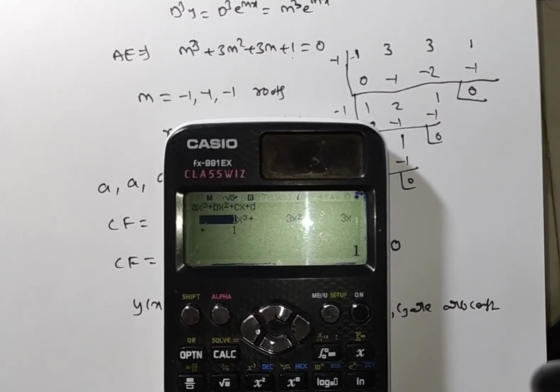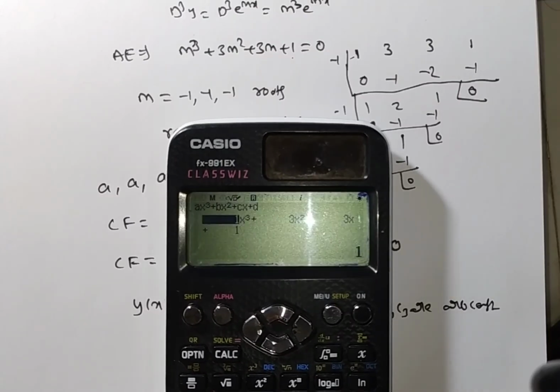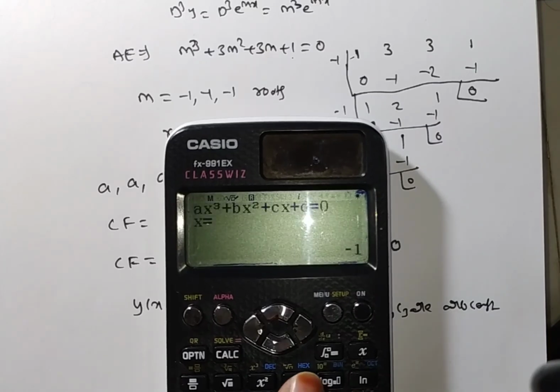You are not getting anything. This one is showing only the coefficient of x. Actually, how many roots does it have to show? x1 equal to minus 1, x2 equal to minus 1, x3 equal to minus 1. But in the calculator they give x is equal to minus 1, which means the roots are repeated. How many times it is repeated depends on the degree. Here what is the degree? The degree is 3. So minus 1, minus 1, minus 1 are the roots, 3 times.